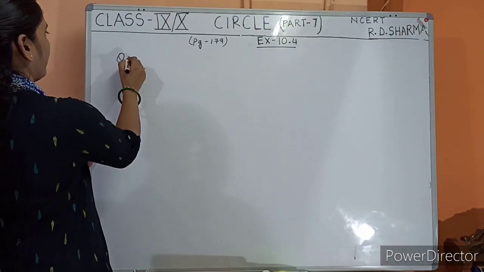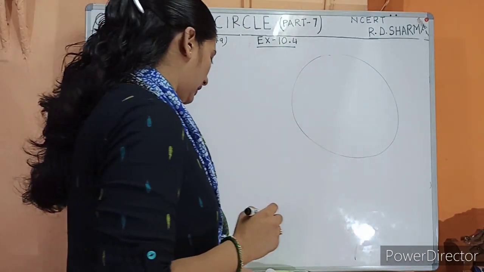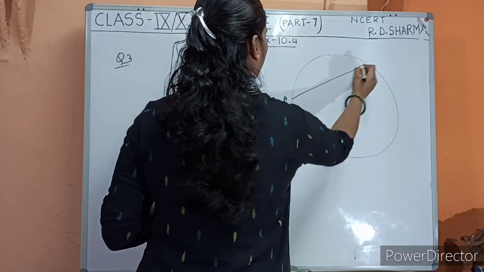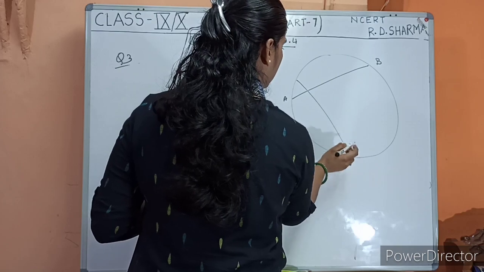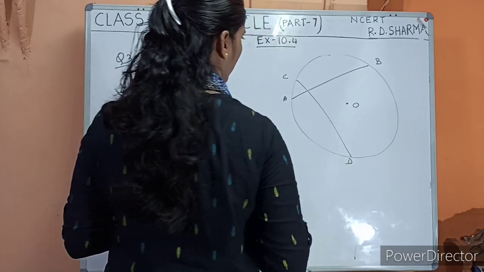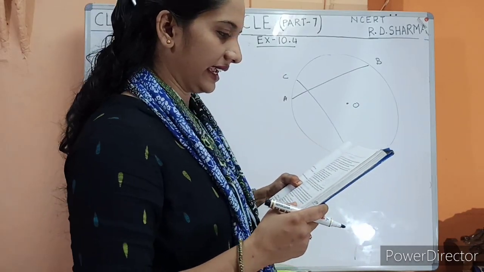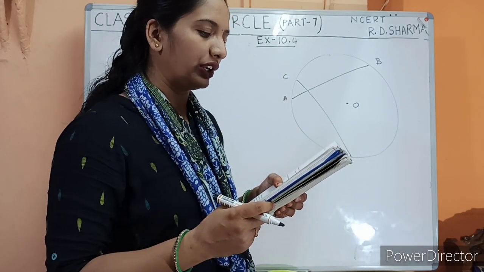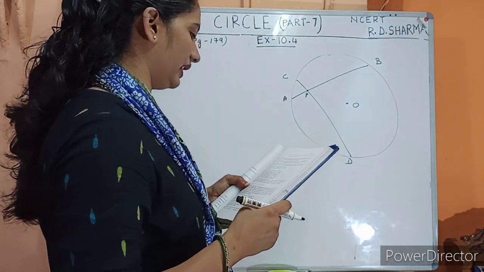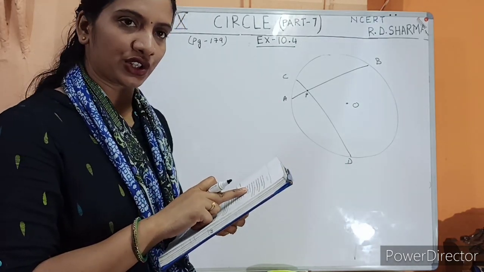I will draw the figure. Just look at here. A circle is given to us and two equal chords are given to it. Okay, so let us suppose AB is a chord and CD is a chord. This is the center. Now what else is given here? It is saying that prove that the line joining the point of intersection. Okay, so where is the point of intersection? This is the point of intersection. Let us call it P. So prove that the line joining the point of intersection to the center.